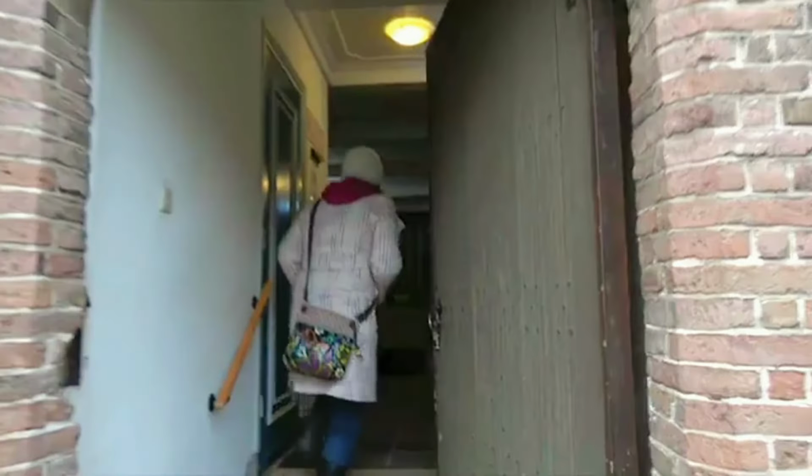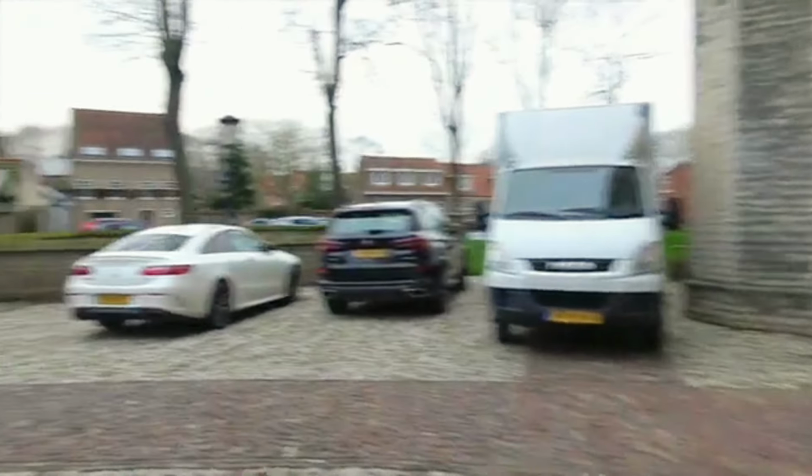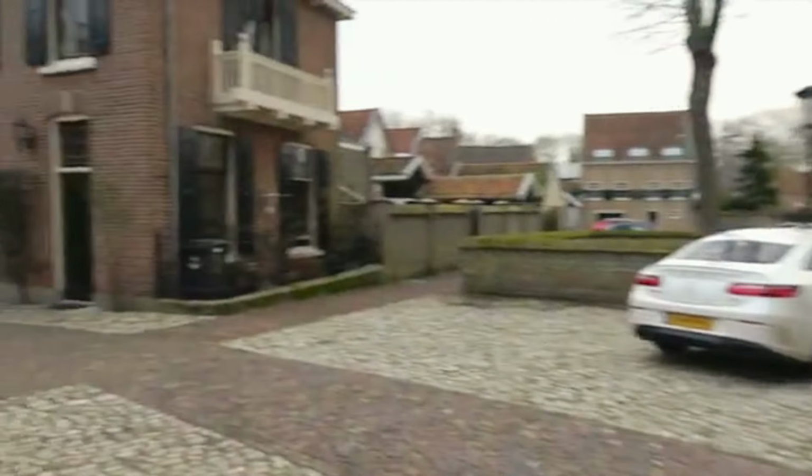You guys enjoying it? I don't know if we can go in, darling. Yeah, maybe not. Don't want to get in trouble with the Tolenaars. Right, so we're going to walk back. You'll be able to see the church from kind of...